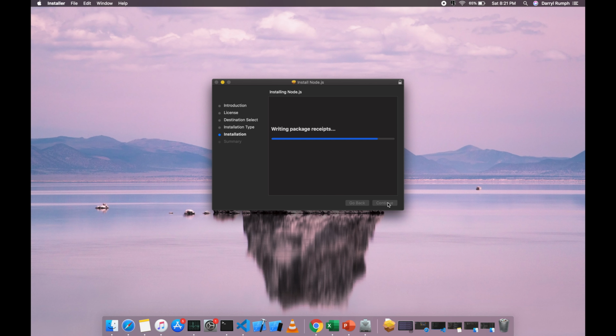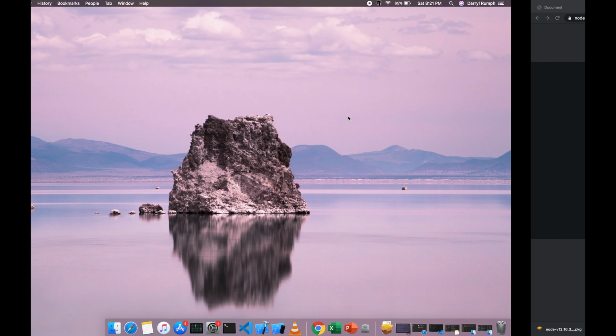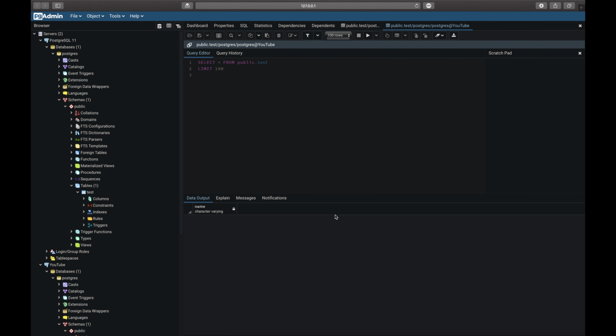And it's going to install. And then when it's done, click close, and you're finished. And that's the installation of it. Also, before we get started, I want to quickly go over what the table will look like,